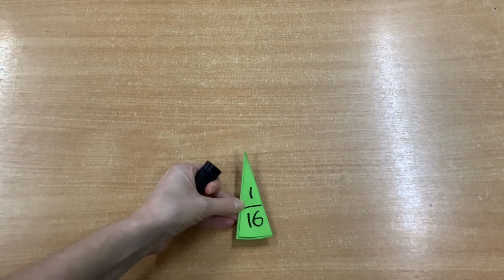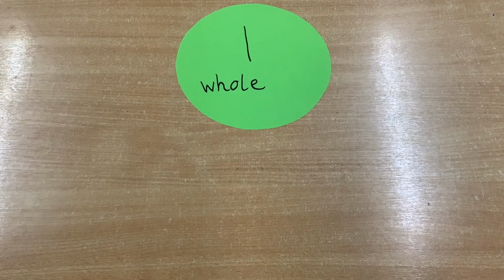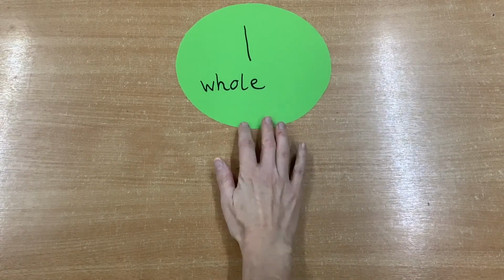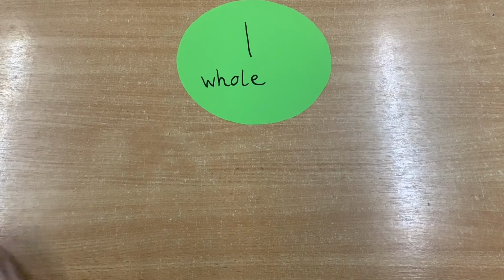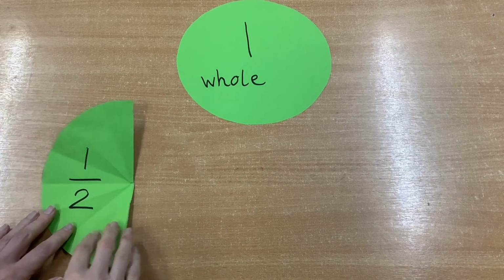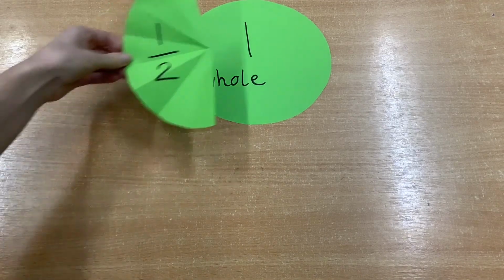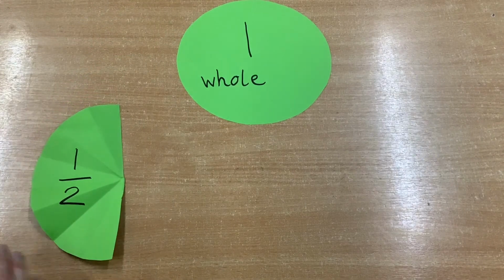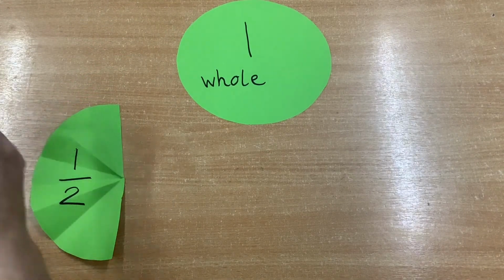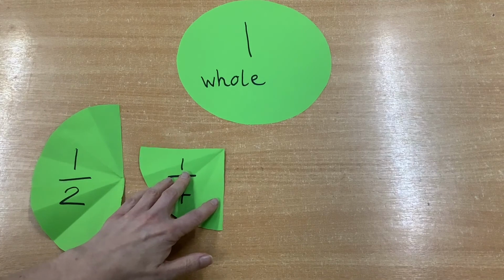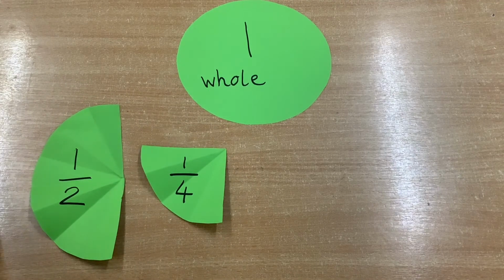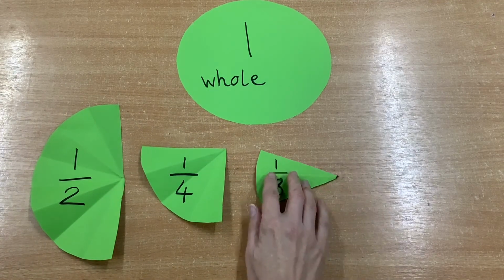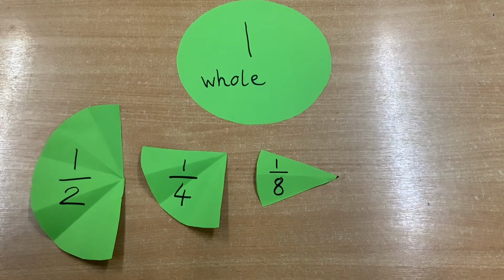So just like before, I've made a new whole one so we can show the fractions of the whole. So that is half, which means that 2 of those will fit on there. This one is a quarter, so 4 of those will fit on the whole. 8 of those, because that's an 1/8. And then we had the tiny